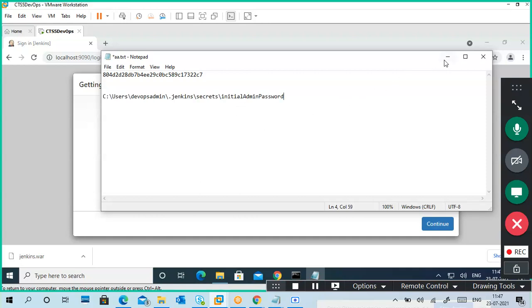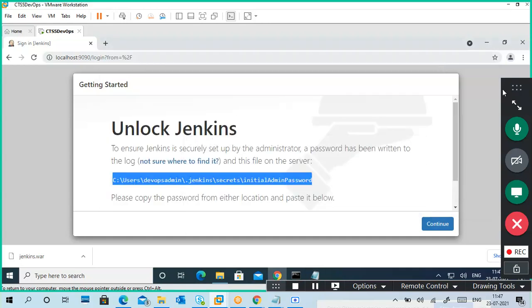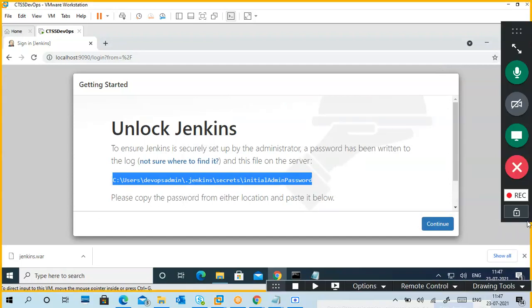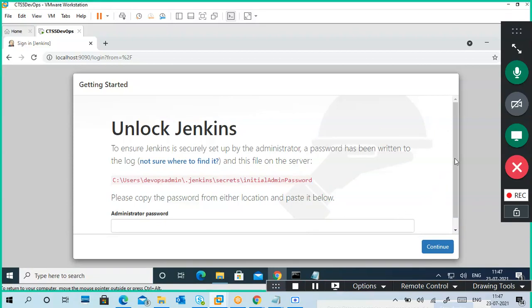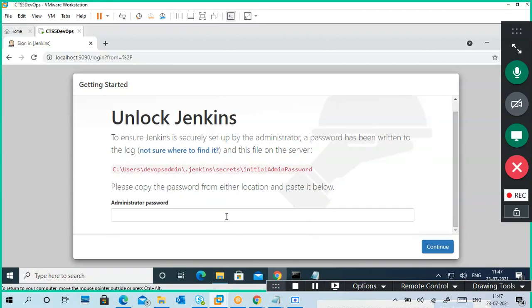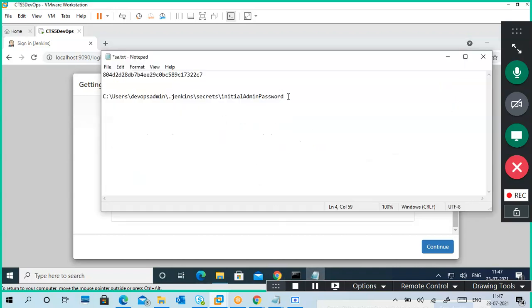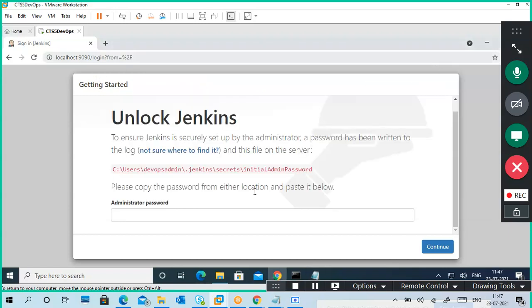I'm going to close this bottom download bar so you can see where to put the password. This is the location of your password, it is located in this file, but I already copied it from the screen, so I'm using this one. Okay, administrator password.